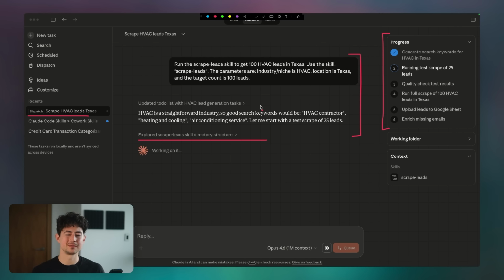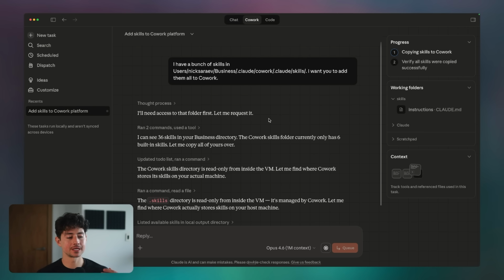results. In this way, essentially what it's doing is spinning up new Cowork conversations, almost like sub-agents, doing the task, and then reporting back the results of said task to me. Also, hypothetically, if you were using something like Claude Code and you wanted this one-shot skill run functionality from